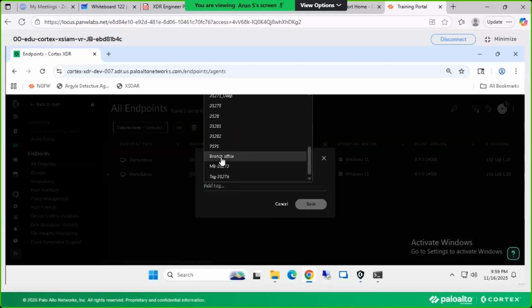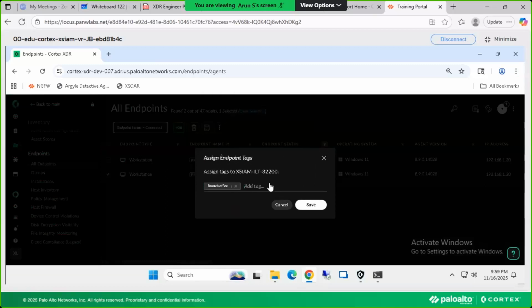Let's say branch office. So this is the tag I want to give. I will select that. Or I want to add one more tag. Let's say a new system, just some tag I'm creating. Create tag, and that tag will also be created. And when I save, this endpoint will have these two tags. So when I save this,